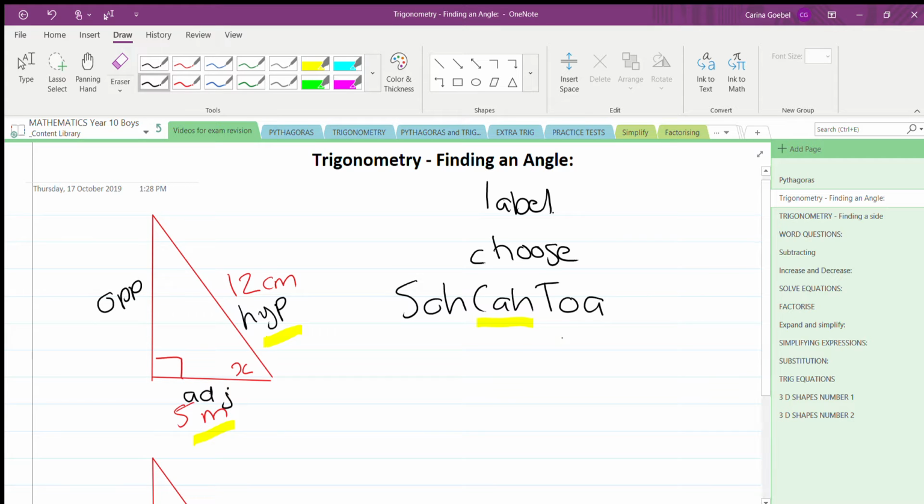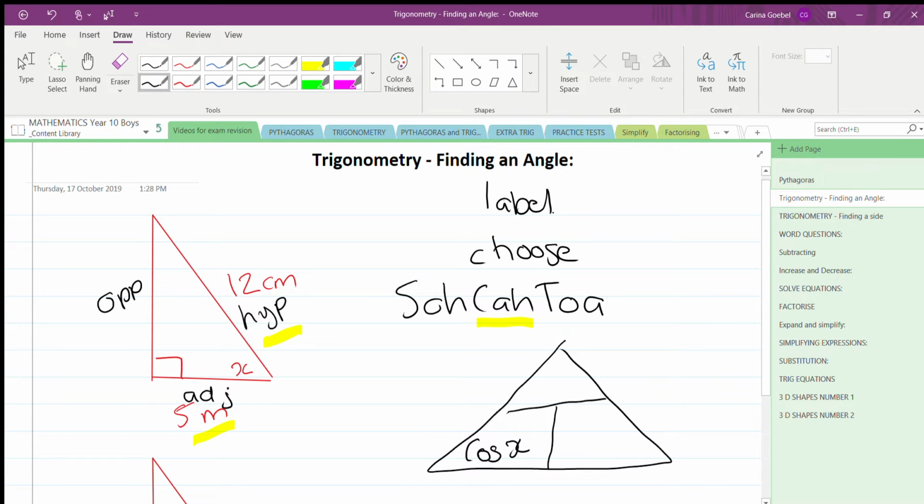Fill out your triangle. Your angle goes at the bottom left, so cos will go down here. You don't know what the angle is, so we'll just use x. Then you have the adjacent side over the hypotenuse, and the adjacent side is 5, and the hypotenuse is 12. Now we are finding the angle, so therefore you would need to use cos